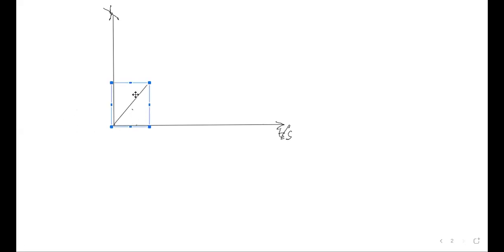Now this point, I'll label it later. Then it gets to this point. Then the body finally